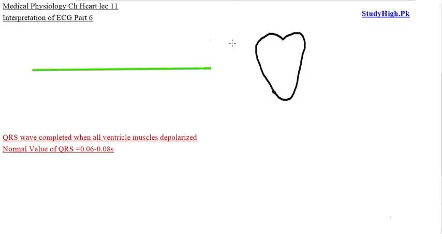So just assume what will happen if the size of the ventricle on this side, the left ventricle, is increased. First, when the action potential enters our cardiac muscles from this section, from the AV node, it has to depolarize this part of the ventricle, and its normal QRS vector is in this direction, approximately 59 degrees. Whereas when the size of the ventricle is increased, as you can see, it also carries positive charges.